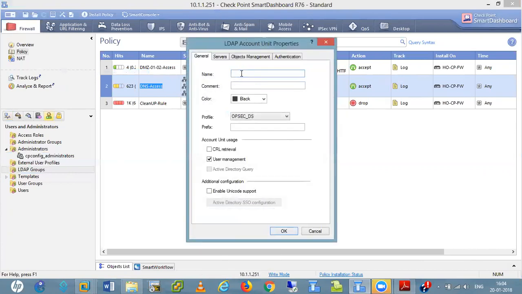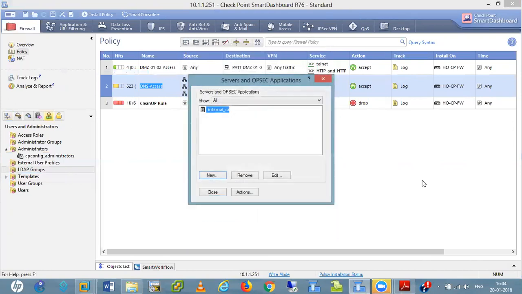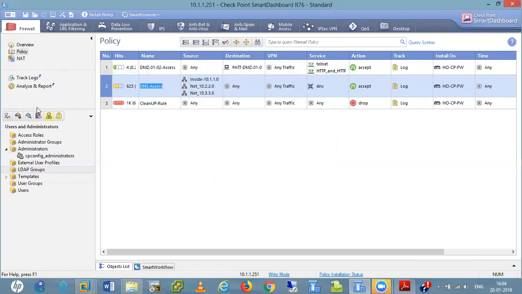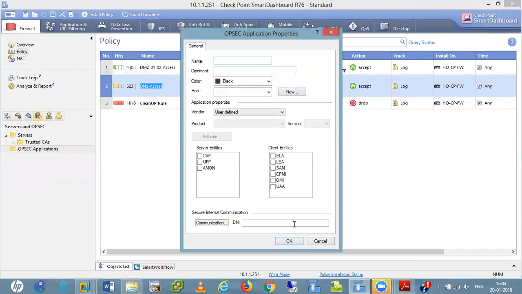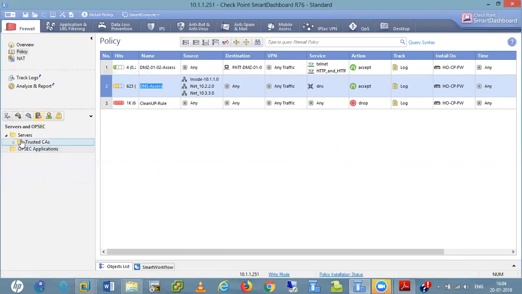So here I give the name. Let me clear one more thing. Not here in this tab. Here we have OPSEC applications, where we configure a new OPSEC application. Also here we have servers.